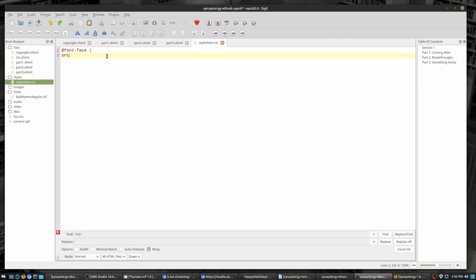It's going to be src: url. And then we need to go back up. So right now our file sheet right here is stylesheet.css, and these are all done relative. So I'm going to go .. to go back up to the root directory. Then I'm going to go into font, and then I'm going to give the name of the font, which is biorhythmregular.otf. All right, we're going to go ahead and close out with a semicolon, and now we're going to